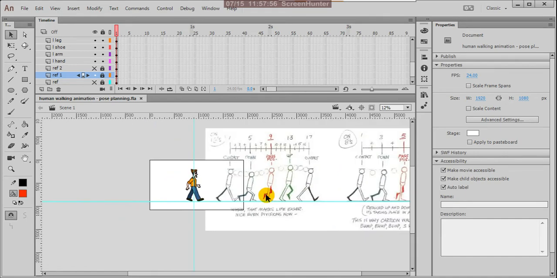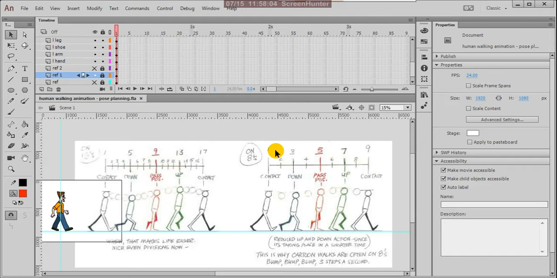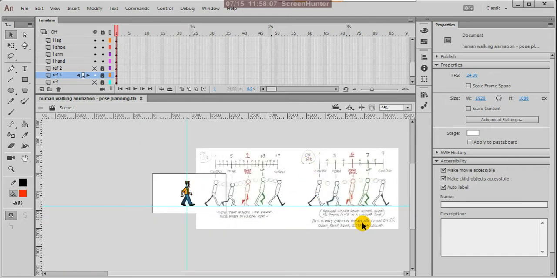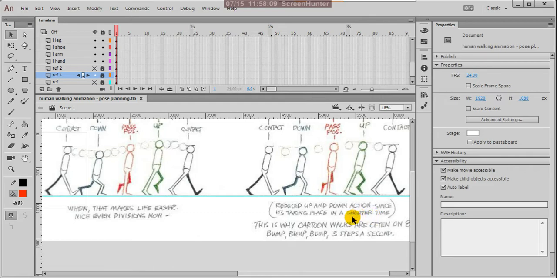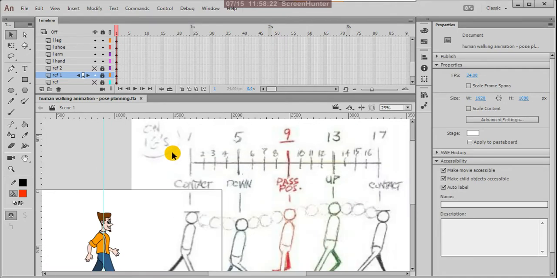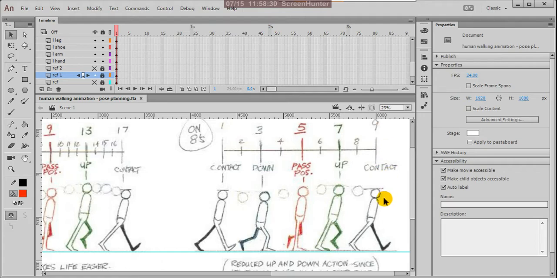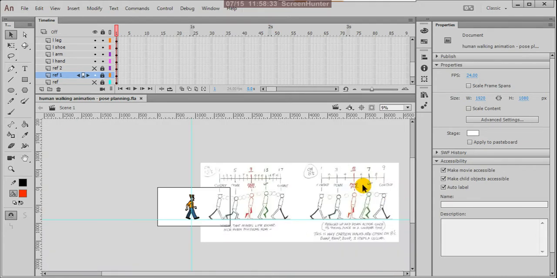So now we are trying on 8s, meaning an 8 frame walk. So 8 in 8, 16 frames. In an 8 frame walk the character will take 3 steps. So in a second he will take 3 steps with a cartoonic walk. We are planning. Suppose if it is very realistic, it could be a 16s. Anyway, this contact at the 9th frame we have to create.